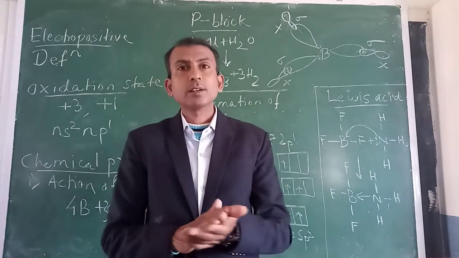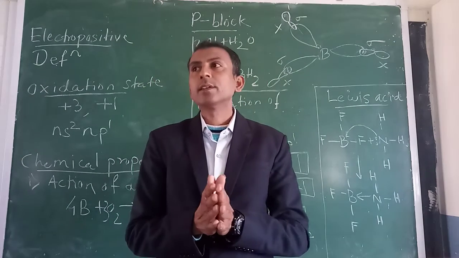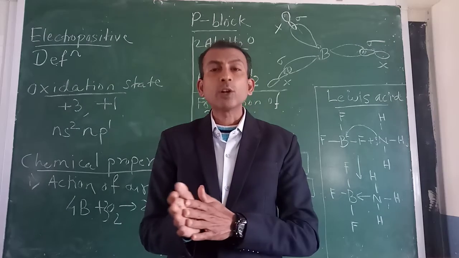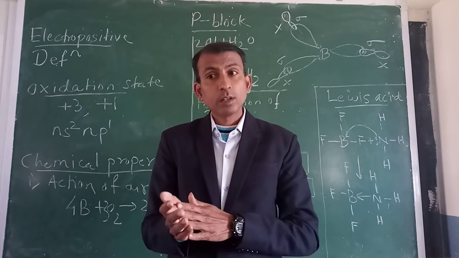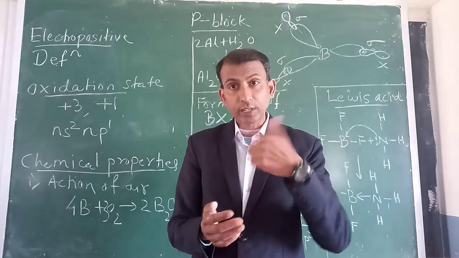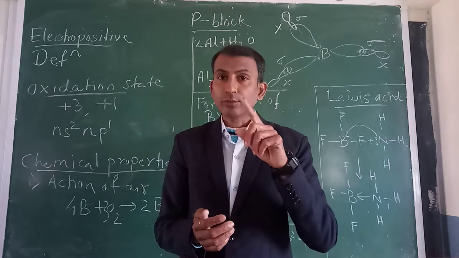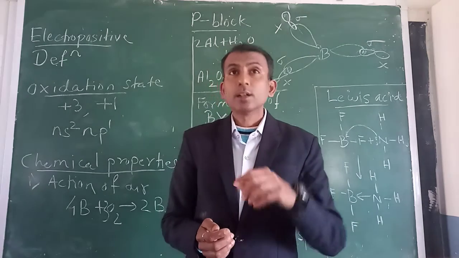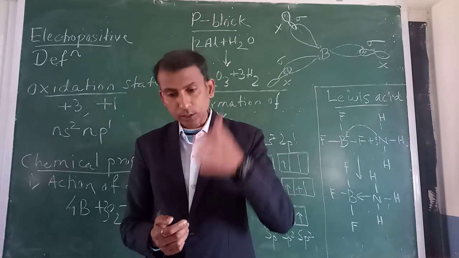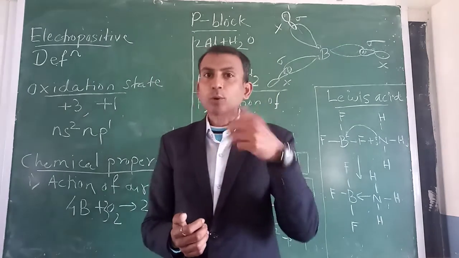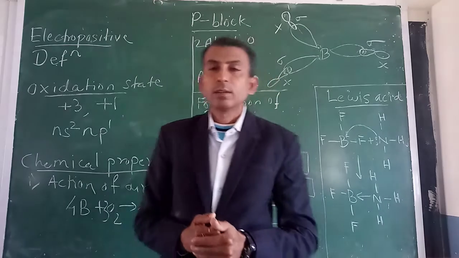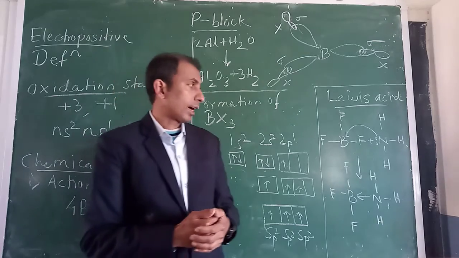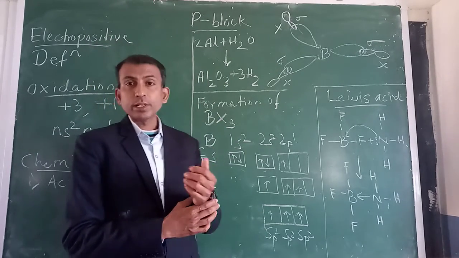Then the remaining part, how we have to study, just keep in mind. In the remaining part you will find anomalous behavior of boron. Anomalous means what? Behaving differently in spite of belonging to the same group. In spite of belonging to the same group, that is 13th group, it is behaving slightly differently as compared to the remaining elements. So those differentiating properties directly you have to read at home. Okay, very easy to understand, and if you don't understand you can ask me, message me in the group.